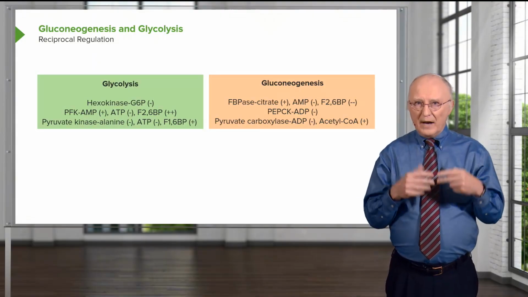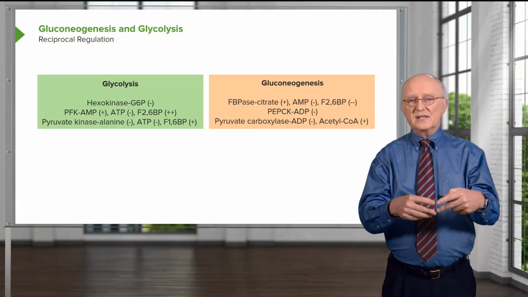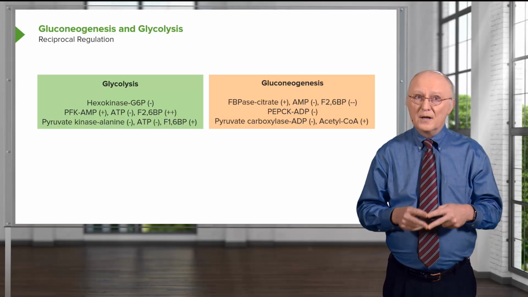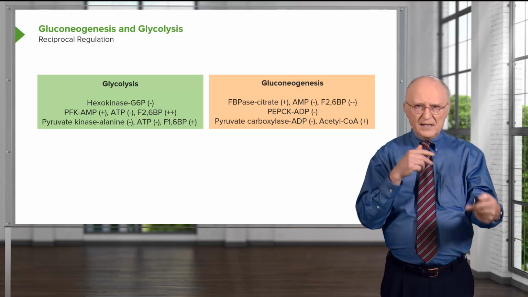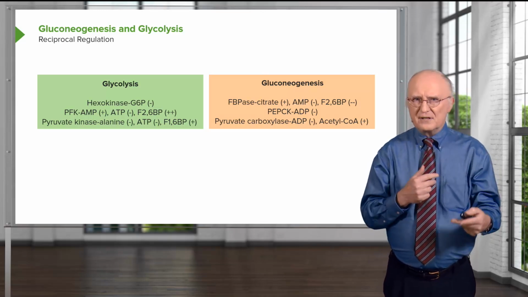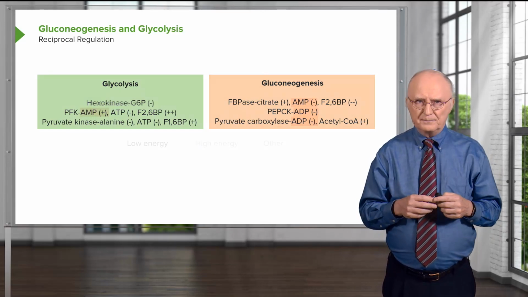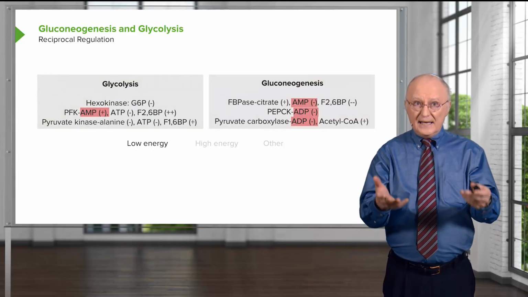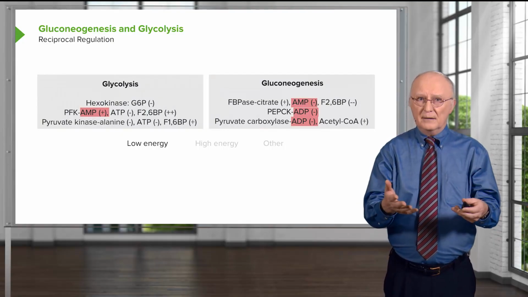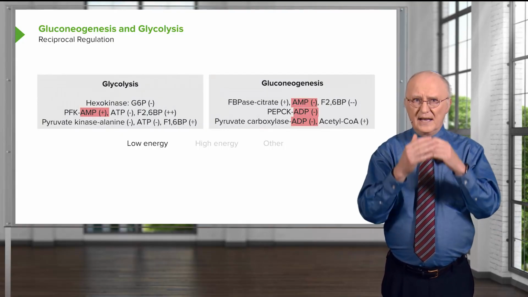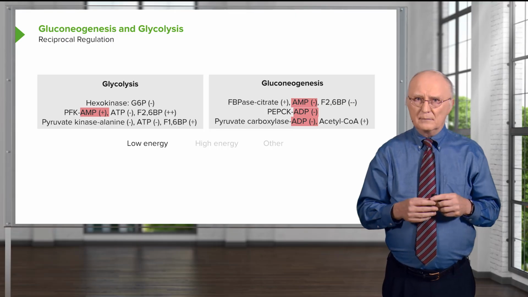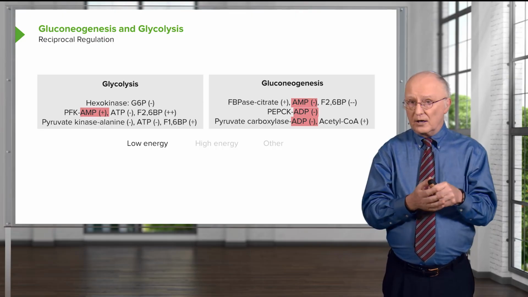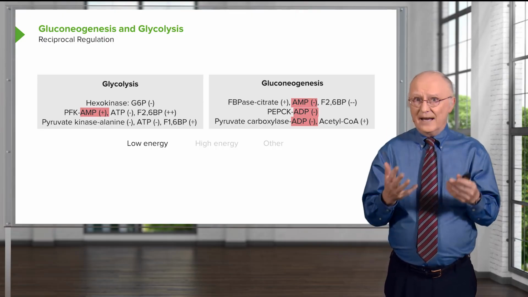So if we look at the regulatory enzymes in glycolysis and gluconeogenesis, and you're seeing the gluconeogenesis ones for the first time here, we discover that many of these have reciprocal or opposite effects on one enzyme compared to the other. We see, for example, that PFK is activated by AMP. That makes sense. Cells need energy. They want to get PFK going. If cells need energy, they certainly don't want to have gluconeogenesis going because it's going to take energy to make